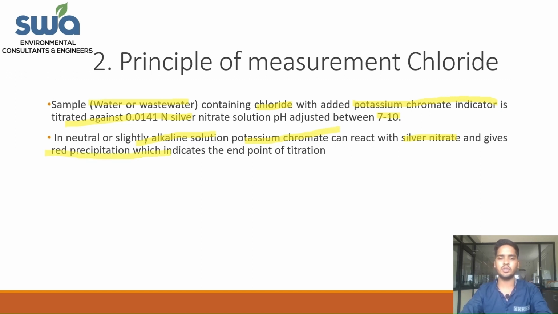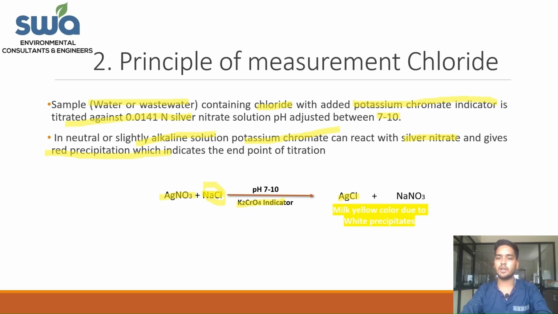So let's understand it with the chemical reaction example. AgNO3, silver nitrate, will react with NaCl. Here it can be any type of salt, magnesium chloride, calcium chloride. For example, we are taking sodium as a cation, so let's assume NaCl. AgNO3 will react with NaCl and give AgCl precipitates, which are white in color. The chromate indicator will give the solution a yellow color, and this AgCl will give white color. So the solution will appear as a slightly milky yellow color.